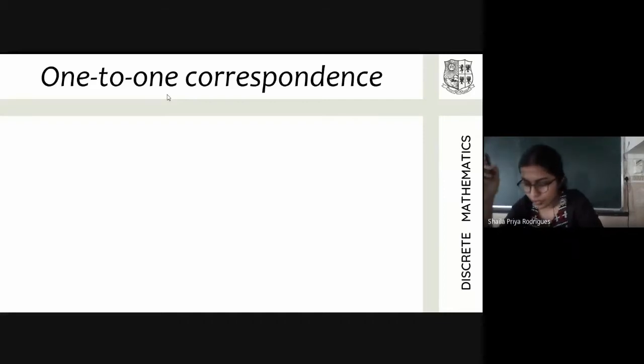So first definition we're going to look at is one-to-one correspondence. Okay, what do you know about this definition, one-to-one correspondence? What is it associated with? Which word is it associated with? Chart, I'm looking at the chart. Yes, relations, functions, sets. Given two sets, when do you say that there is a one-to-one correspondence between them?